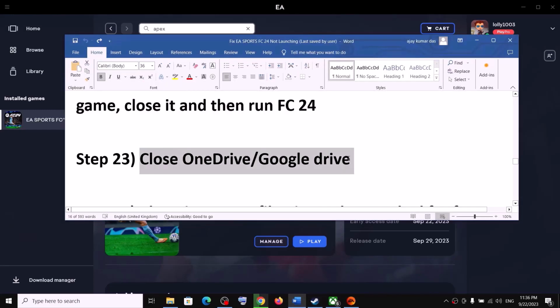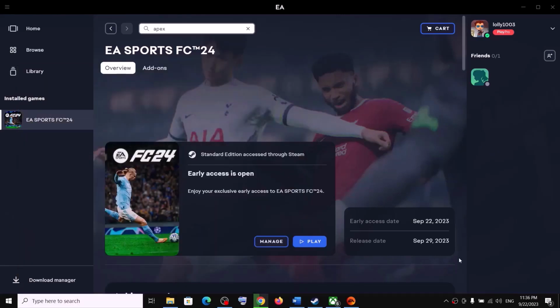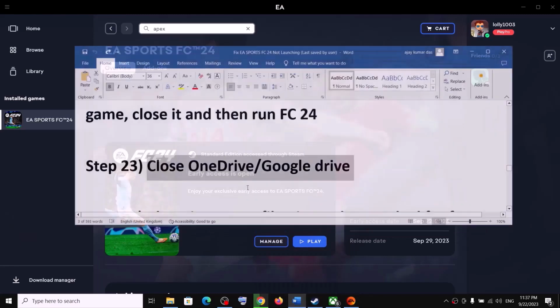The next step is to close OneDrive or Google Drive. So if you have OneDrive or Google Drive open, you can close it. I don't have OneDrive open, but I'll show you how it will look. I don't have Google Drive as well. So if you have OneDrive or Google Drive, right click and then click on quit OneDrive, close OneDrive, and then launch the game. Next step is to,